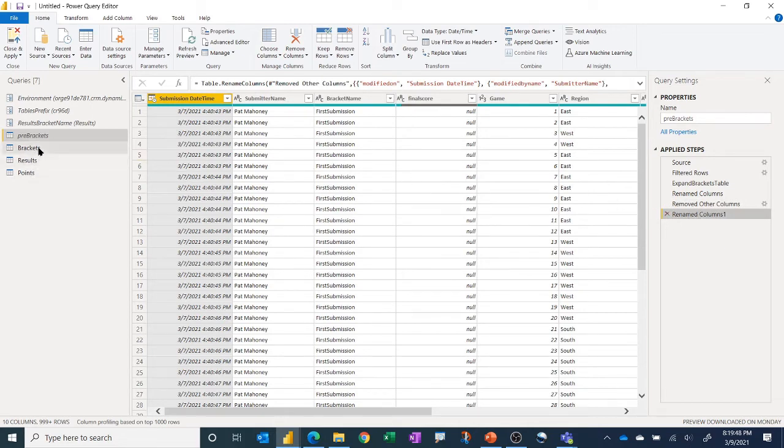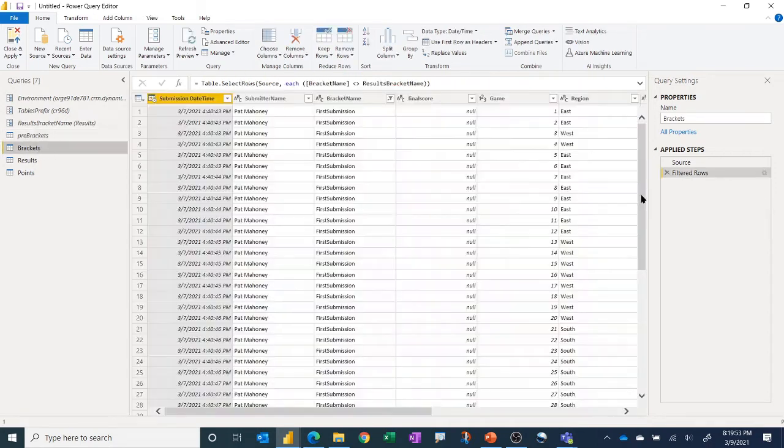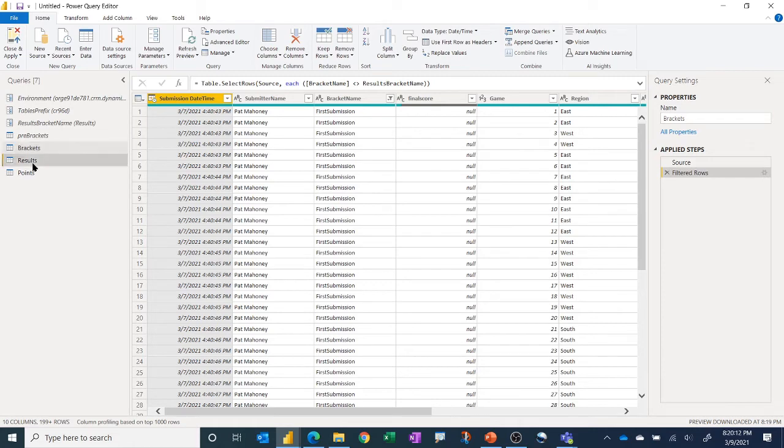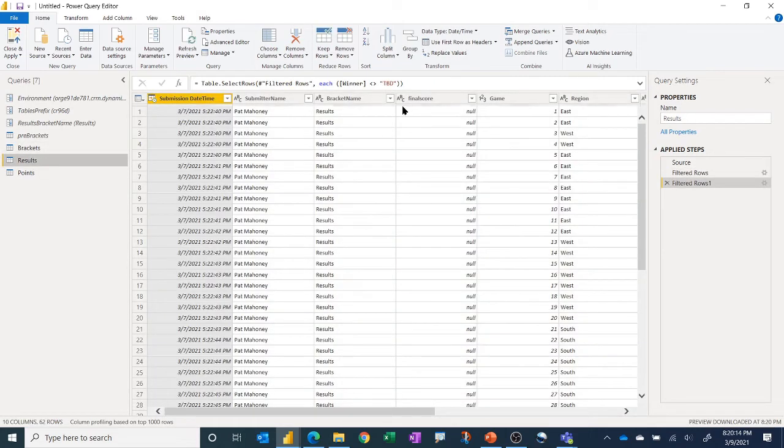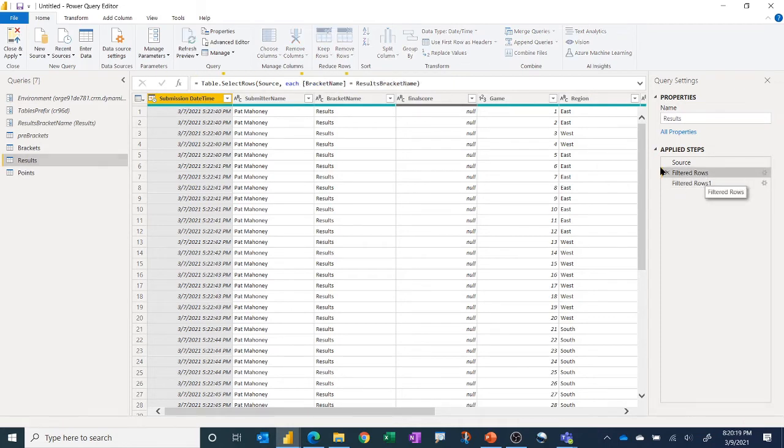And then these two queries differ only in the filtering that happens. So both of these reference that query I just showed you, and in the brackets table, it brings in all of the bracket submissions except the one, in my case, it'll just be called results, but whatever you define your results bracket, the official one where you're tracking the real game outcomes, everything but that one. And then, of course, the results one is all the ones that